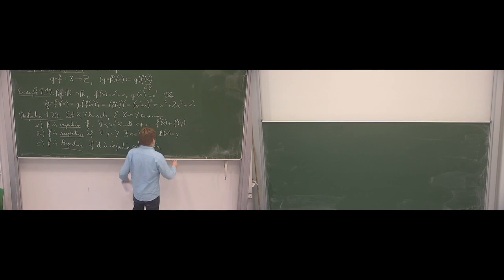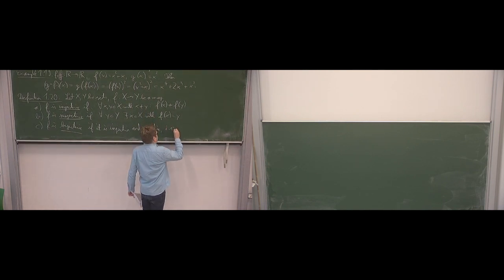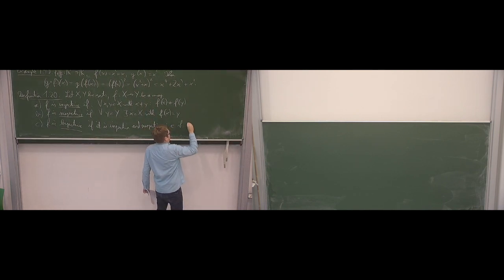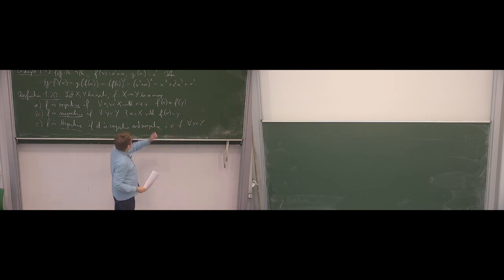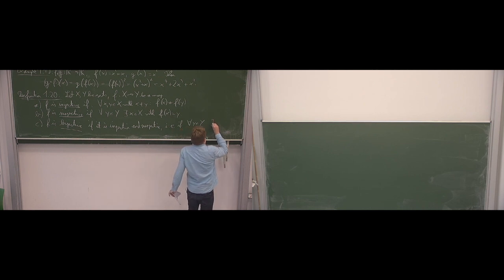And if you think about what this means, first, if for all y in Y, we know that there exists an element of X, but we also know, since f is injective, that no two elements are mapped to the same point. So we know that there exists a unique x in X which is mapped onto y. So we cannot have two different ones. For all y in Y, there exists a unique